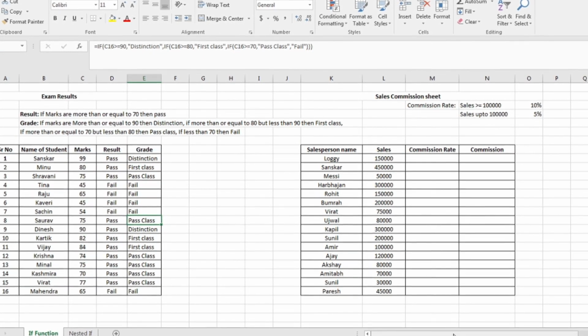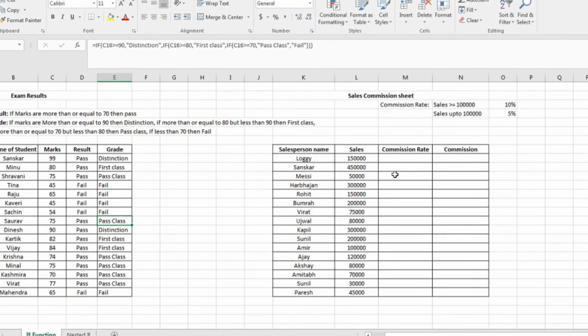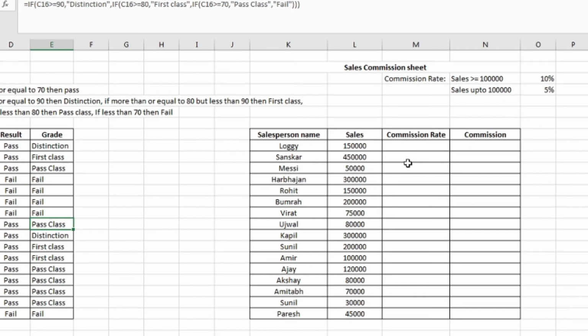Now here we are going to discuss giving the commission rate, but this commission rate is as per the sales figures. What is the condition? If the sales is greater than or equal to 1,00,000, give him 10% commission rate.